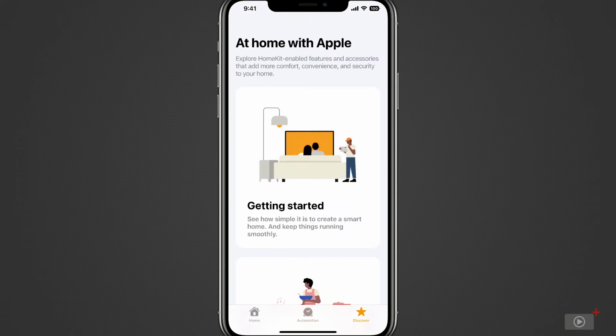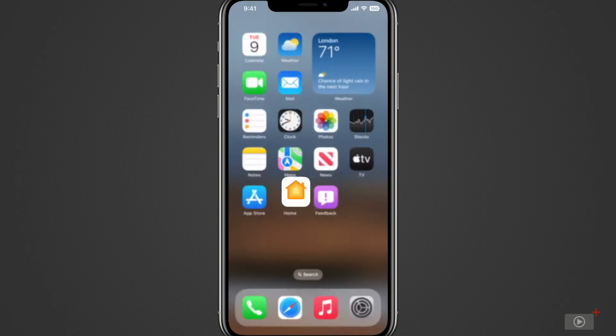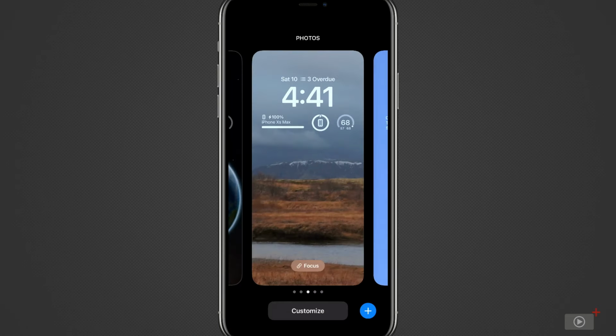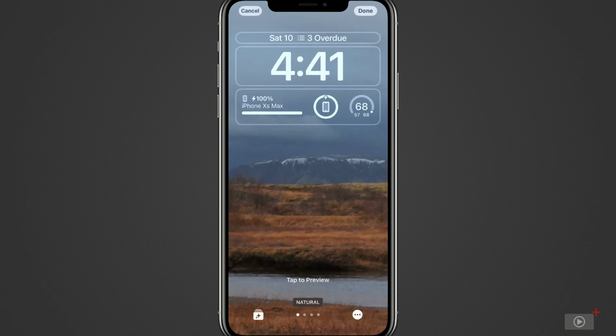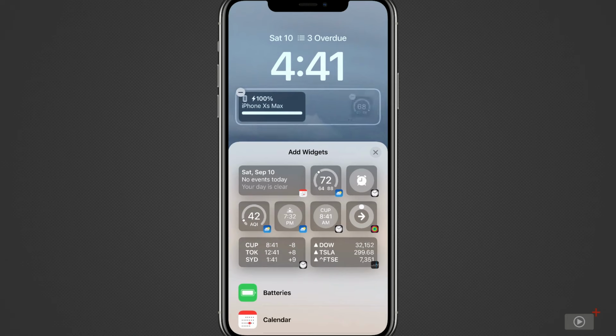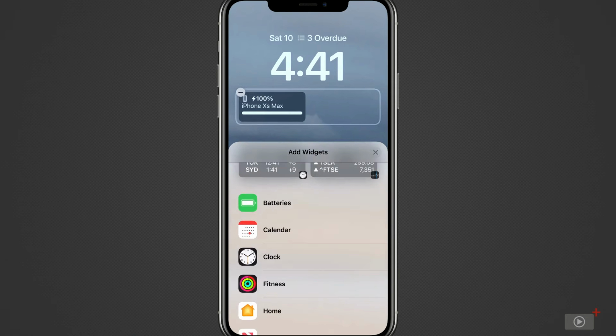And then the final tab is Discover, which just gives you a bit more information about how to get started with home automation. In addition, Apple have improved widget support, and we now have home-related widgets on the lock screen. So if I just go back to the lock screen, press and hold the lock screen to go into Customize, press the Customize button. We'll go ahead and actually remove these two widgets here, and then we'll scroll down